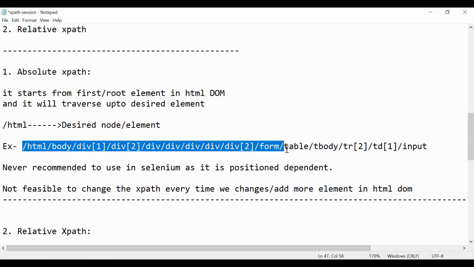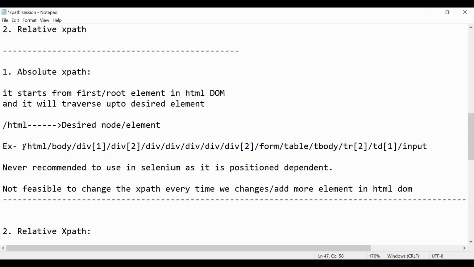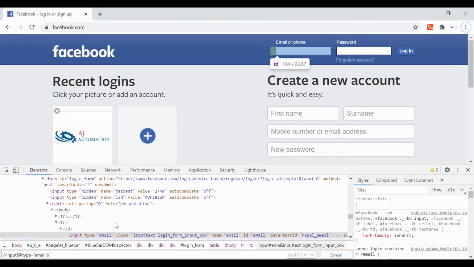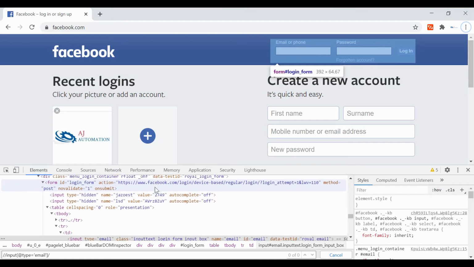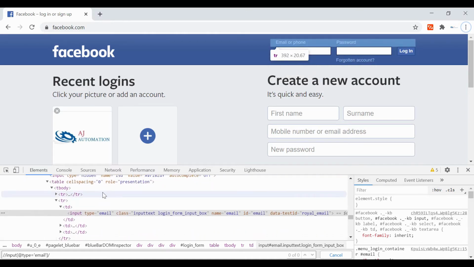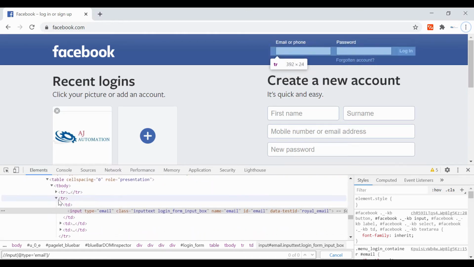There is no double slash, because we are traversing from one node to another. So it's finding the immediate div after this body, then the immediate second div after this first div, likewise the immediate table node after this form. Let me show you, let us see.